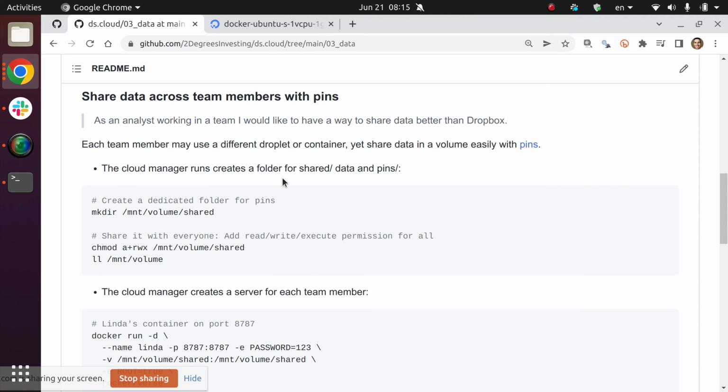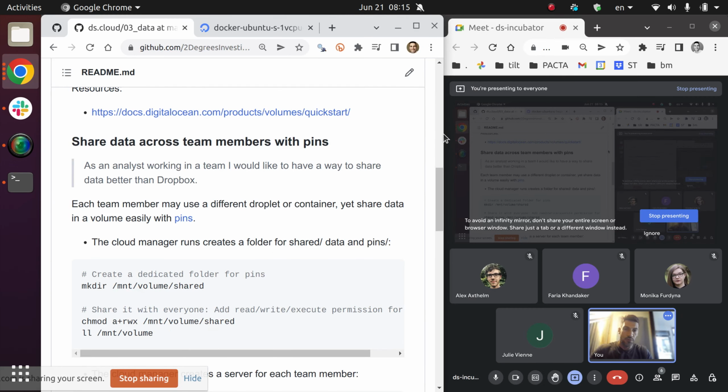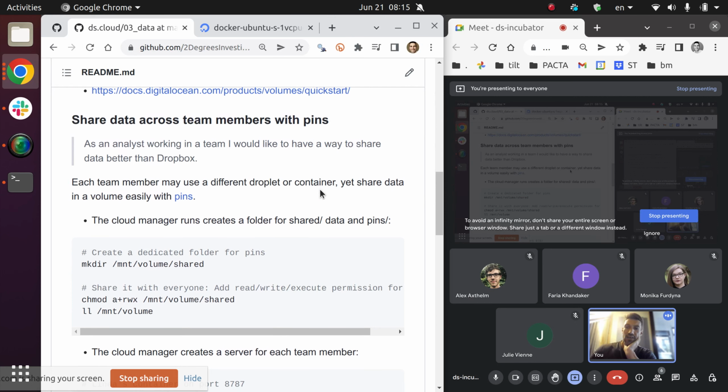And now I think it's something that I find more useful, or at least interesting, from the perspective of an analyst. The idea that, okay, as an analyst working in a team, I would like to have a way to share data that is better than Dropbox. Dropbox has caused some problems before because of the paths that we need to type on our computers. Also because